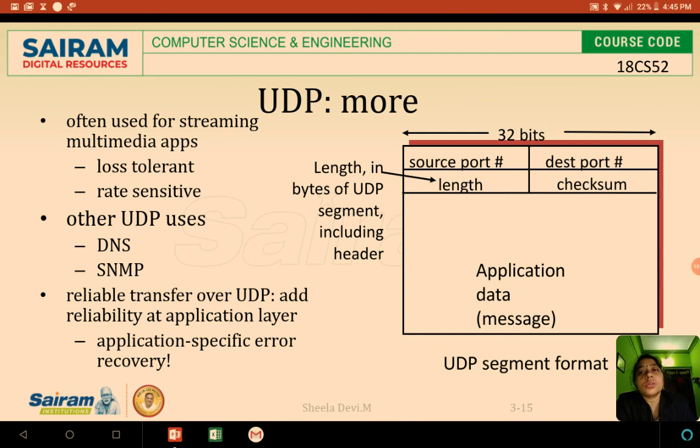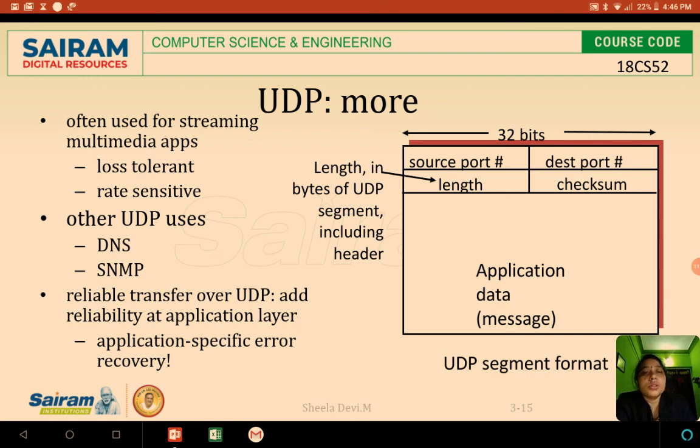Loss tolerant and rate sensitive applications can use UDP. DNS and SNMP also use UDP.